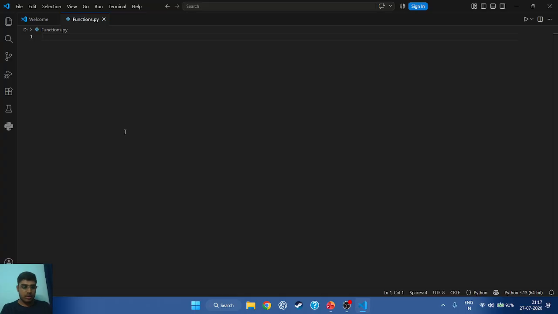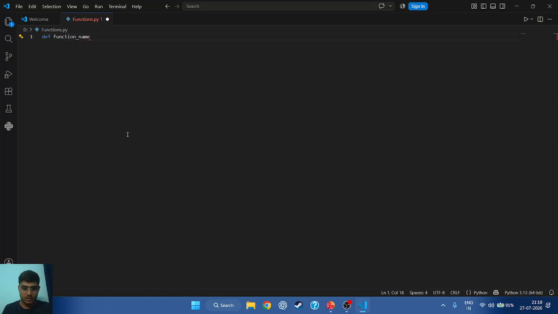So the syntax is very simple. First, we will write def, and def means definition of a function. Then we will write the function name,